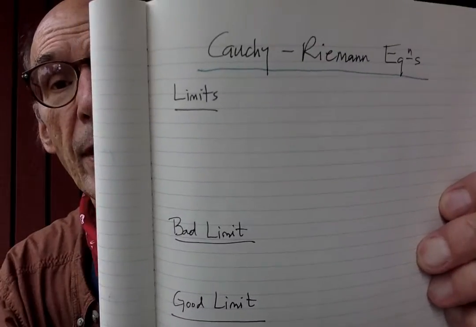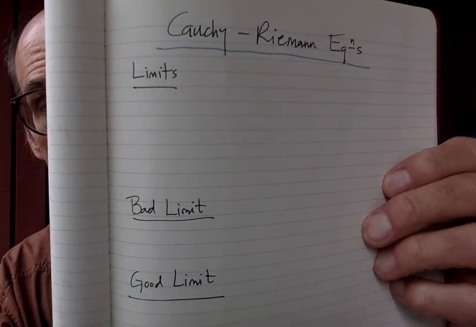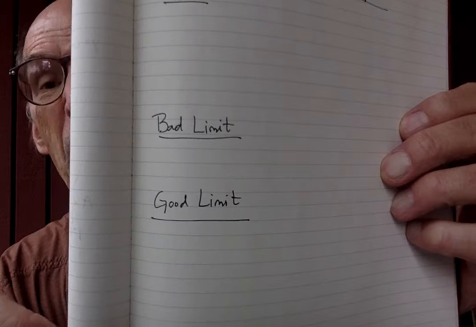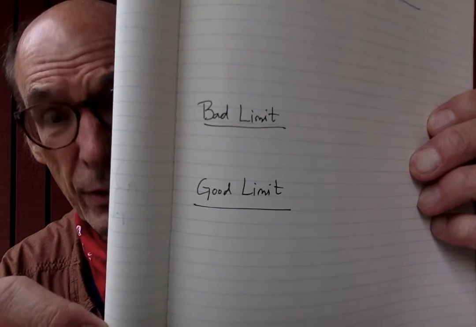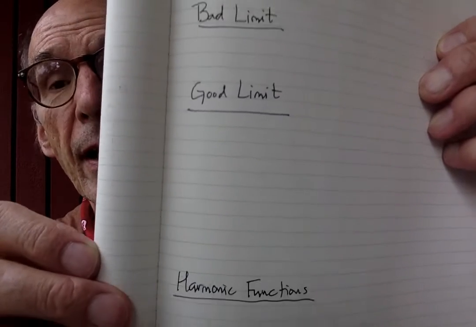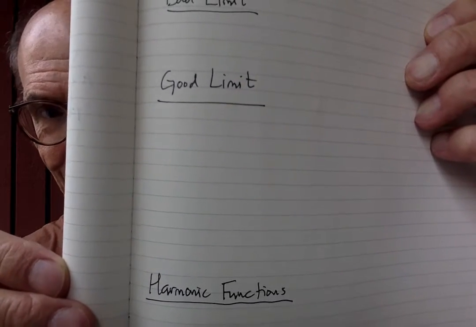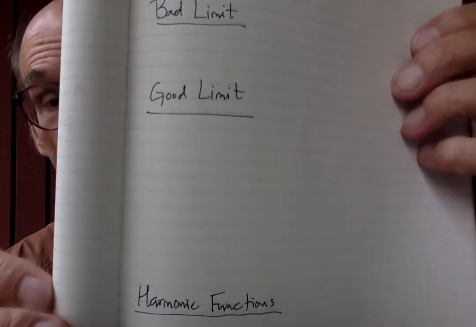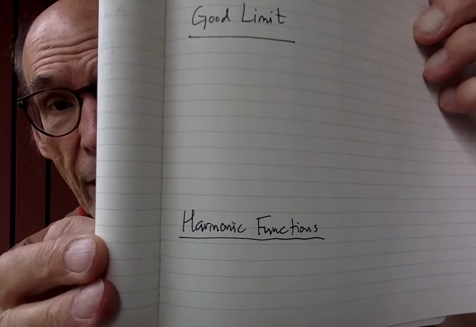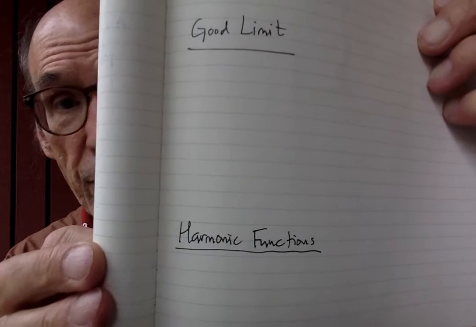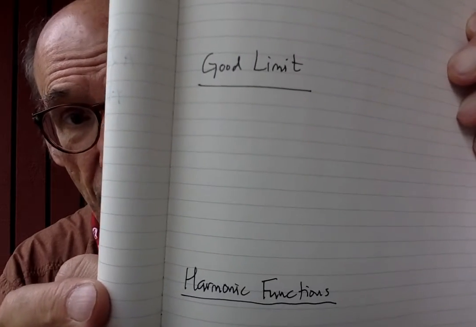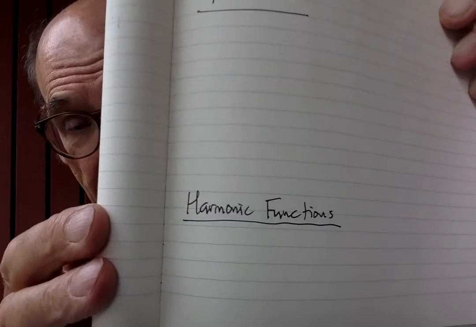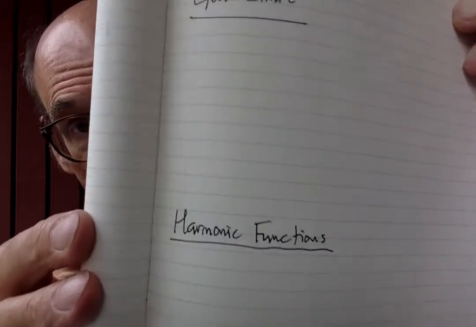Sorry. We need to have a little review about limits because that's where this all comes from. We're going to talk about a bad limit. You might have seen this earlier in calculus, but just so you know that this is a possibility. Then we're going to talk about the good limits, and that'll be the Cauchy Riemann equations. And finally, a little bit about harmonic functions, which are so important in so many applications. And the partial differential equations of mathematical physics are based on the Laplace equation, which is what we're going to